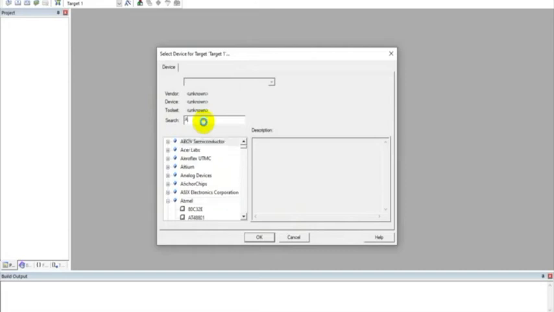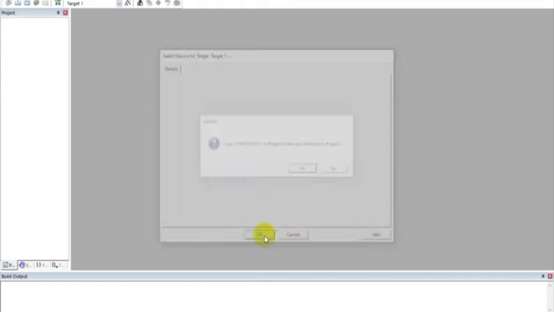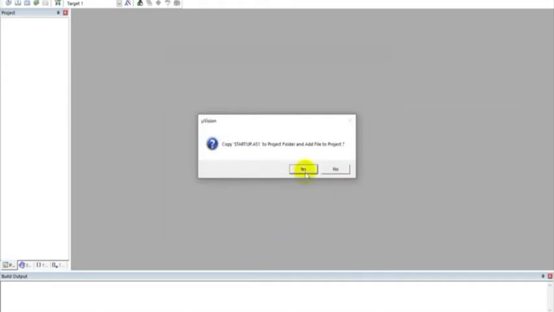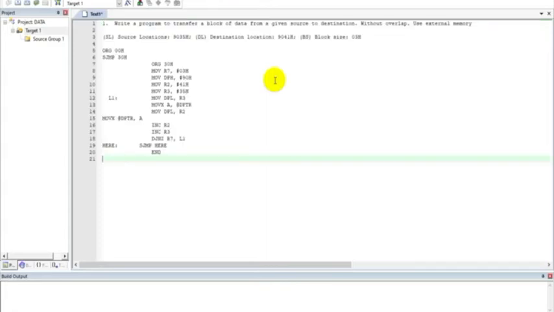I am typing the IC number whatever I had as discussed in the intro video. Click on the IC, click on OK. As I am doing the experiments here, I am not hierarchying it. So click on no. So I'll go to file. I'll simply type the program here.